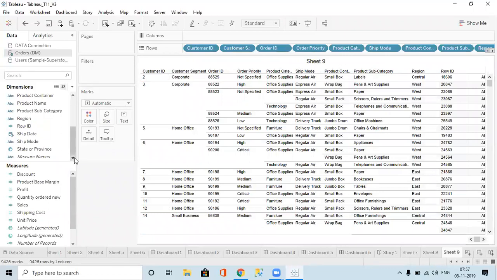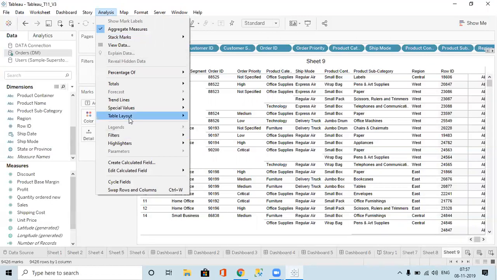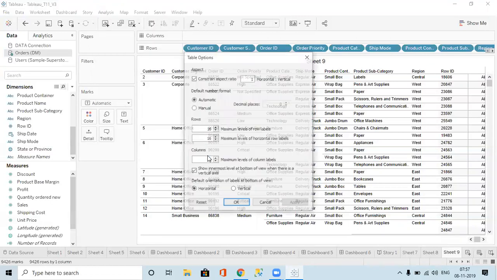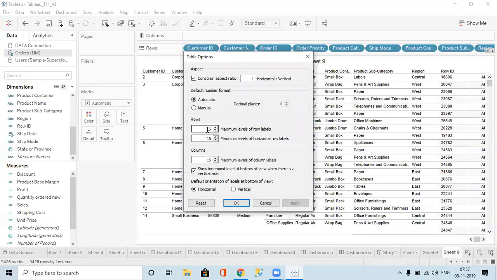Up to how many can we take? Sorry, up to 16 only. We cannot take 17. We can decrease it, but we cannot increase it. That is the maximum number of levels which we can keep.